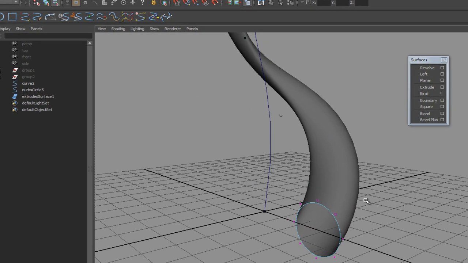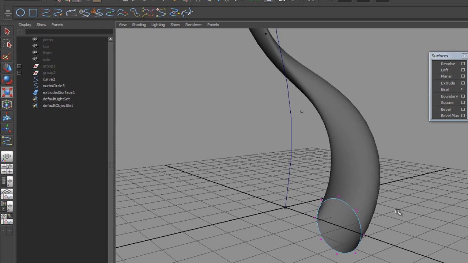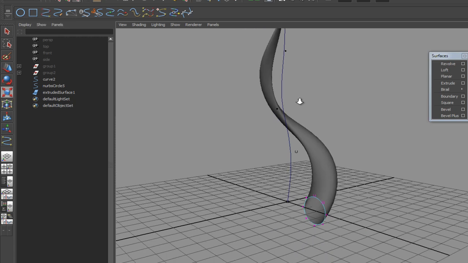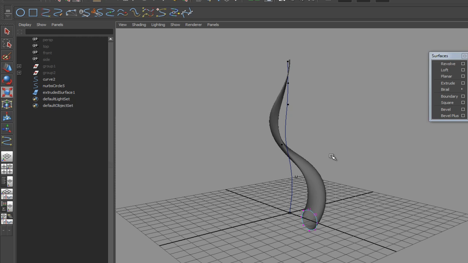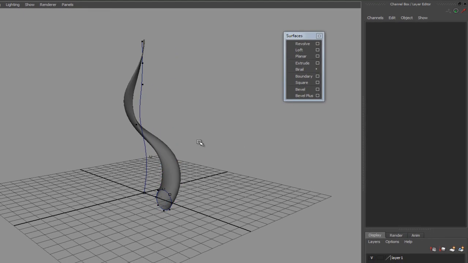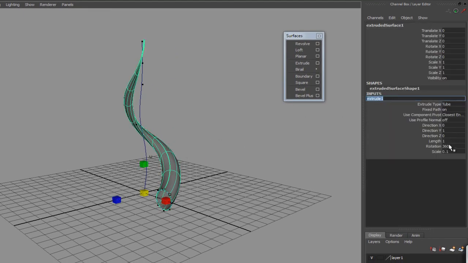Very, very useful to know. And also the square primitive looks very neat when doing this as well. I recommend playing with that one. And another thing to note is that you can use absurd numbers for the rotation. So if I go back to the extrusion operator, let's say I want to have